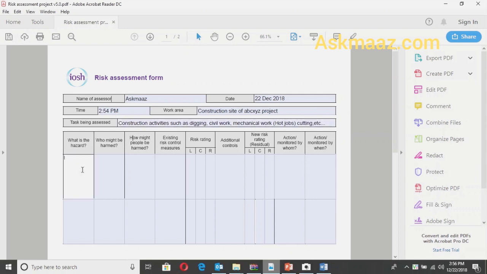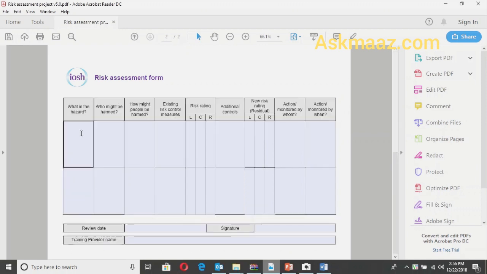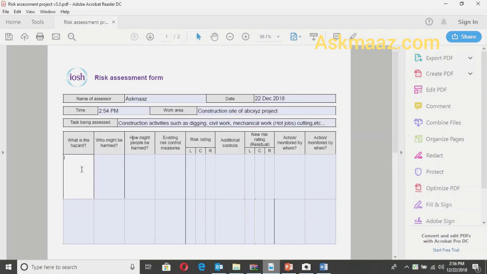So what is the hazard you are going to identify? There are four rows given in this risk assessment. In every row you have to identify a separate risk. Here if you say it is a fall hazard or work at height, the next hazard should be different from the previous one. So I identify four different hazard risks: